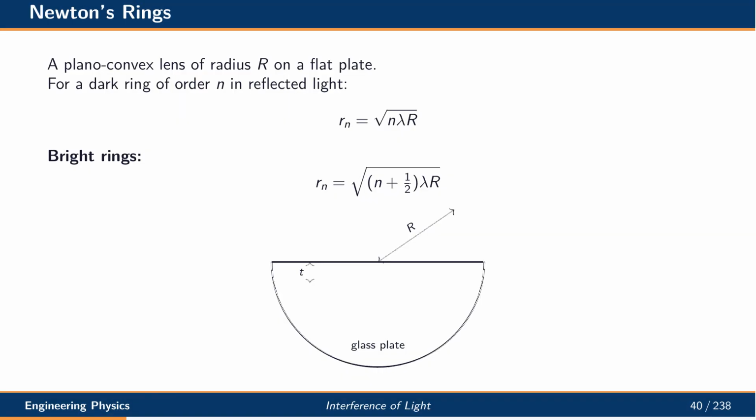When a plano-convex lens is placed on a flat glass plate, an air film of varying thickness forms between them. Interference produces a pattern of concentric bright and dark rings centered on the point of contact. For dark rings in reflected monochromatic light, the radius of the nth ring is the square root of n times wavelength times the lens radius of curvature. Bright rings have a similar formula with a half integer shift. This elegant setup turns a simple lens into a